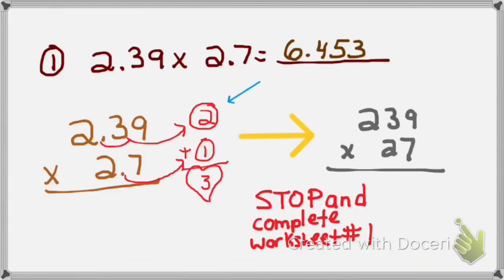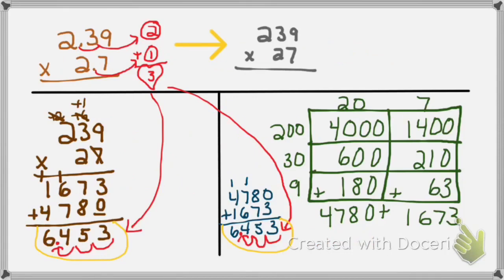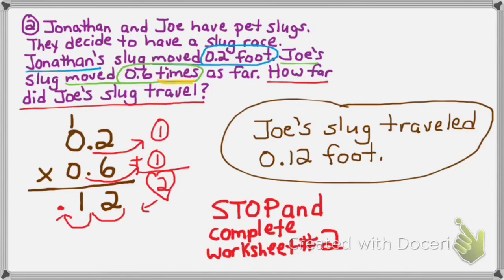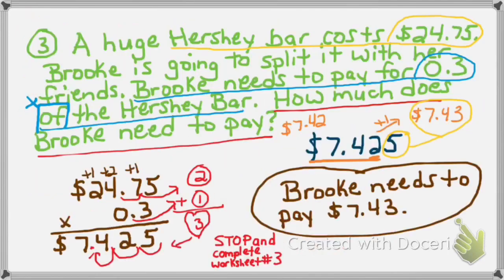So in this problem, Dan danced out 2 places, Betty danced out 1 place, giving them a total of 3 places. And in that final answer, we danced that total couple back in 3 places. In problem number 2, Dan danced out 1 place, Betty danced out 1 place. As a total couple, they were 2 places. Therefore, they danced back into the problem 2 places. And finally, in example number 3, Dan danced out 2 places, Betty danced out 1 place. They became a total couple, which gave them a total of 3 places, and they danced those 3 places back